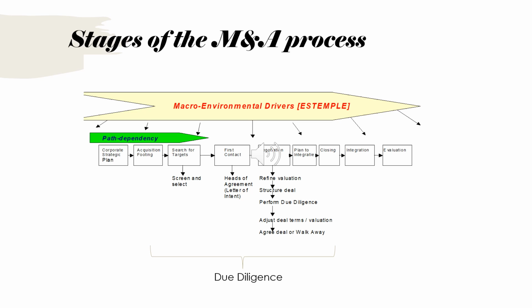Now, running above this stage model, I just wanted to put two rather, they're not very attractive arrows, but that's the whole point, is to remind you of them. The top yellow one, called macro environmental drivers, is really to remind you that throughout this process, the world is changing. And so where you started off in this process, the world may have changed quite a lot by the time you get to your evaluation.